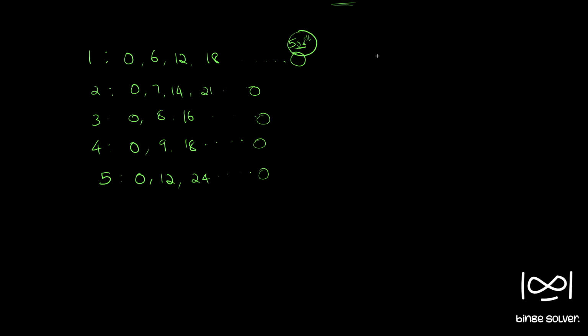So what is the specialty of that value? If you see, every number appearing in this row is divisible by 6, right? As it is appearing as a multiple of 6, 6 into 2, 6 into 3, so it is divisible by 6. Similarly, that number will be divisible by 7 also. This number will be divisible by 8. This number will be divisible by 9, and that same number will be divisible by 12 also.